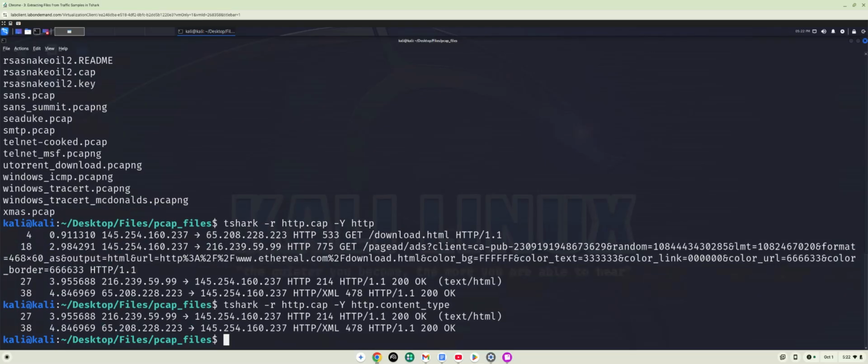All right, so by looking at this, we can see that specifically at packet 27, we're looking at something that has some sort of HTML code in it. So this is indicative of some sort of web page or file because it says text slash HTML. So there's a good chance that it's carrying some type of file within that packet. All right, so we're going to move further into this, and now